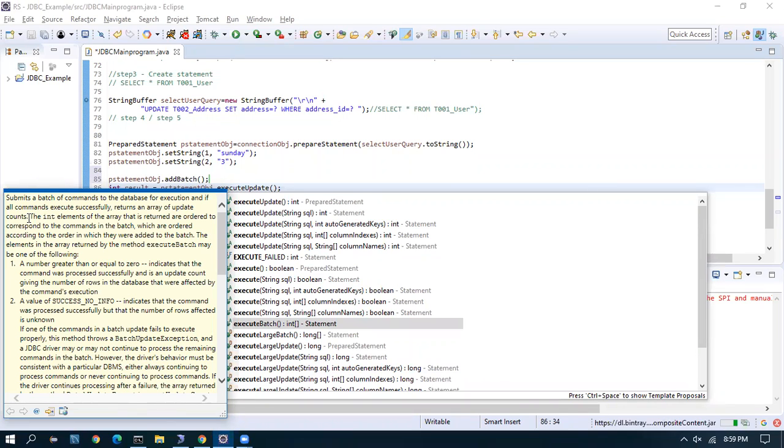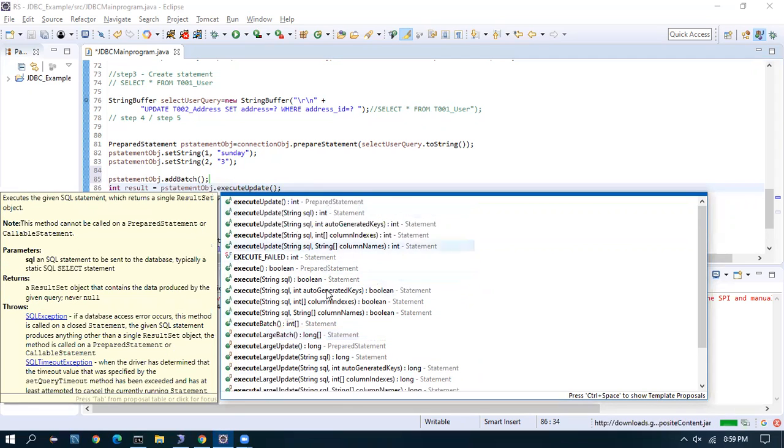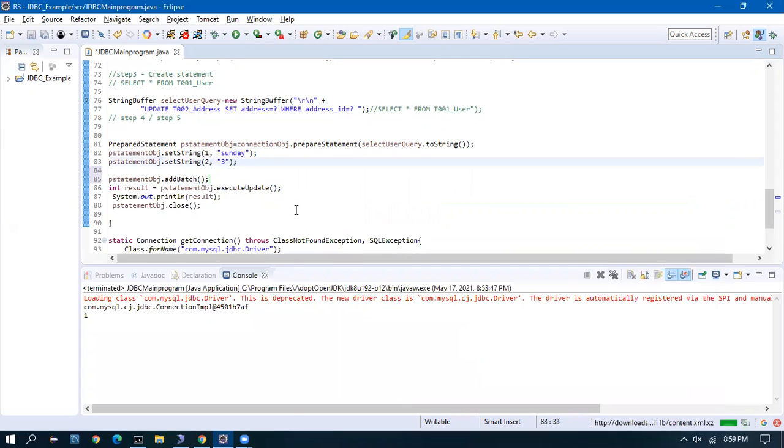So don't just stick with, okay, I know this concept, that's all, and for everything I'll be using the same concept. If that was the case, they wouldn't have invented lots of methods. So my suggestion would be to go through the documentation, know every single piece of it, and why it is there. There is a reason for a long batch, a large batch. There is a reason for execute query without a string, with a string. So everything is there. Let's go through that.